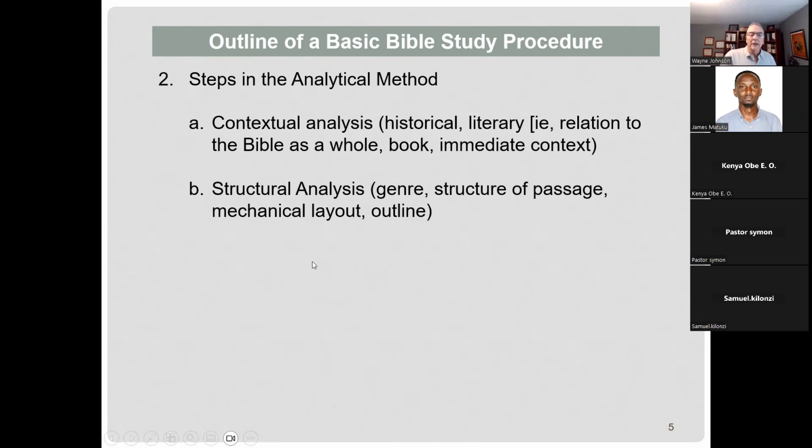We'll take a look a little bit at structural analysis. This has to do with genre, issues of genre, and different considerations. You'll be doing some reading on that. This will be taking into consideration the structure of a passage, and that structure is going to vary depending on the genre. We are looking at epistolary material, and so we're going to follow a very logical